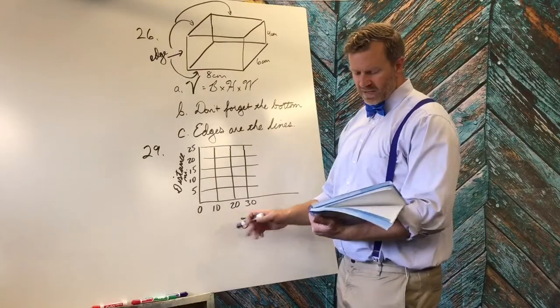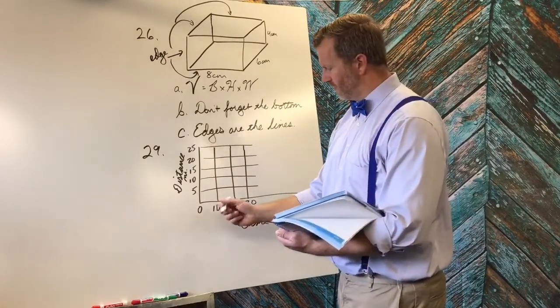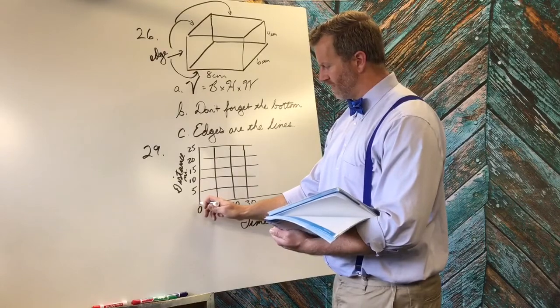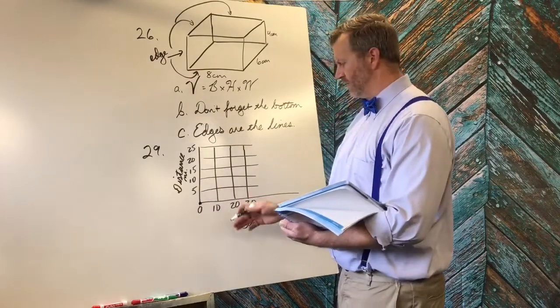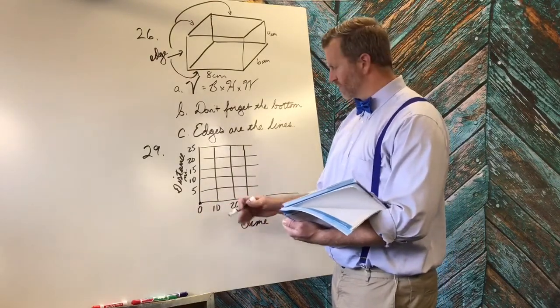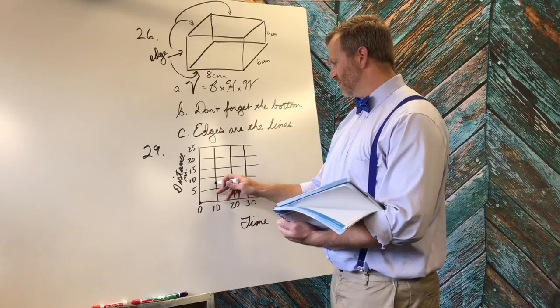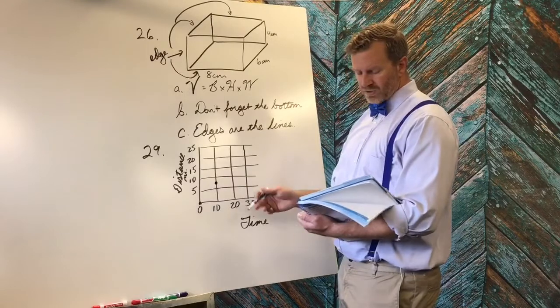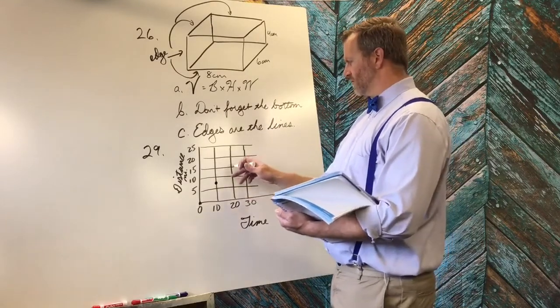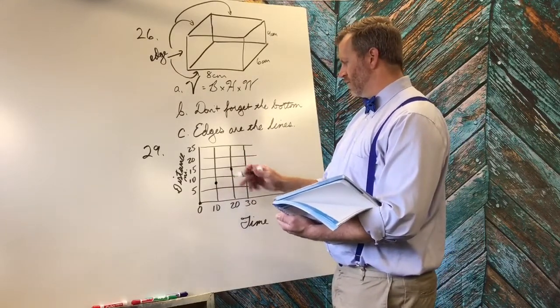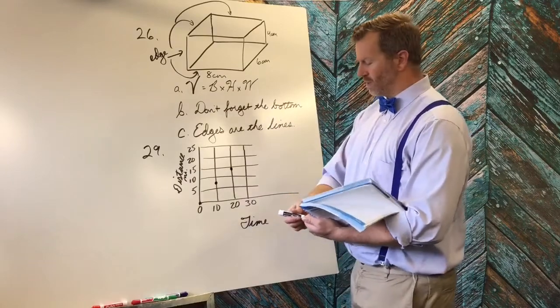So I think at 10 minutes it said something like, well, at 0 minutes they were at 0 miles. Shocker, right? How could they go anywhere? At 10 minutes they had already traveled 7 miles, so we're going to be about right in there. And then 20 minutes it goes up to 14, so then we're going to be like about right there. And I'll let you put what 30 would be, and then you could draw the line for